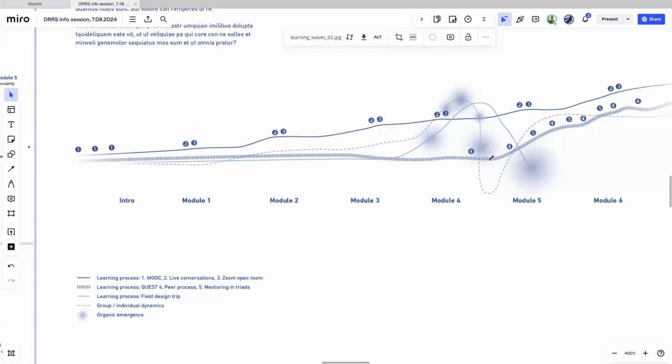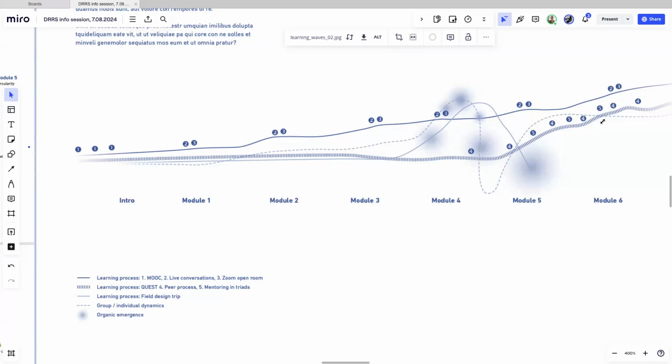We don't talk that much about the quest. We let participants soak into the topics, get the knowledge and a lot of inspiration. Around modules 4, 5, and then 6, the quest pathway speeds up, things get intense, students are lost, they change their questions. There is a lot happening at that intensive time.